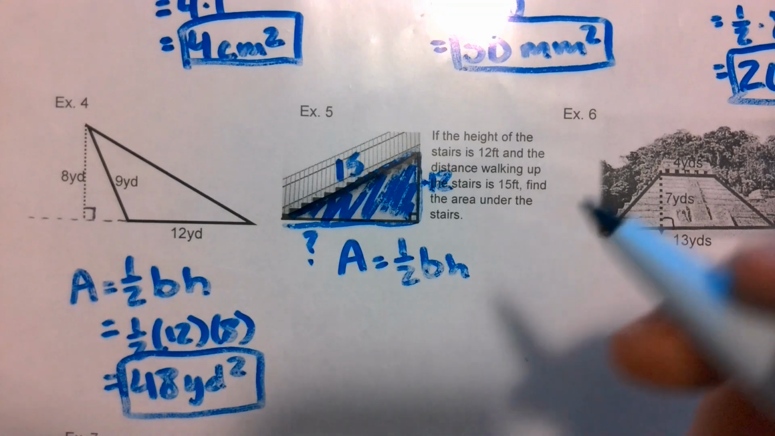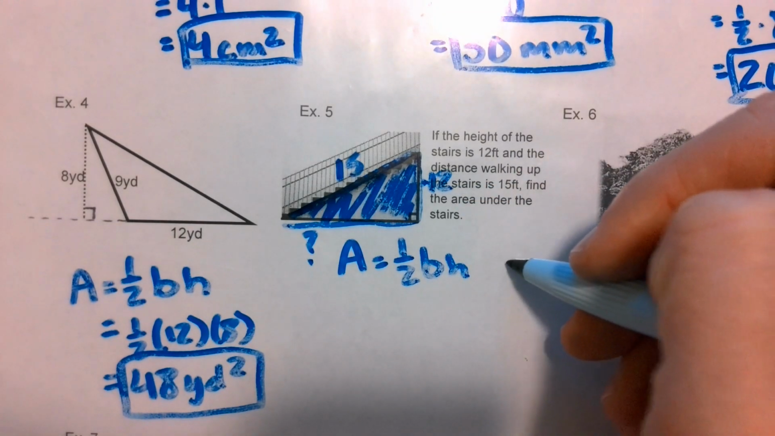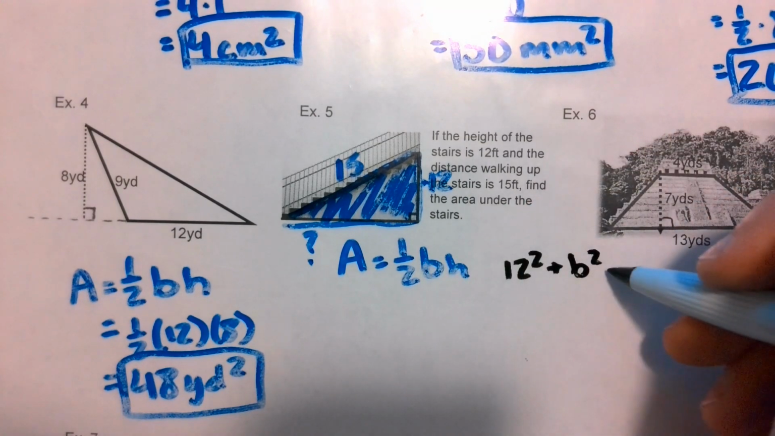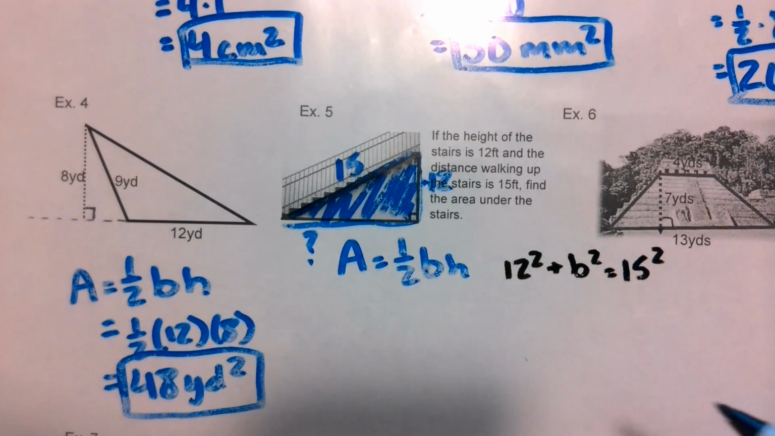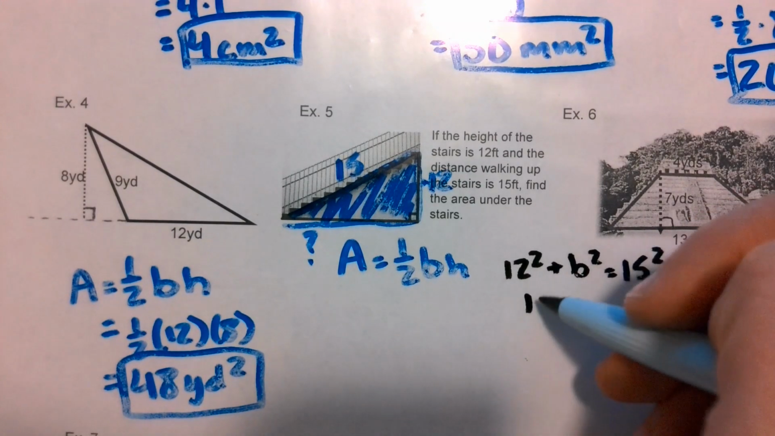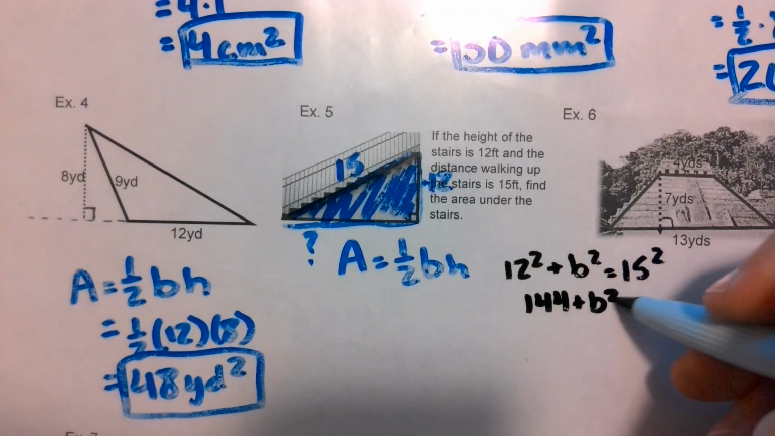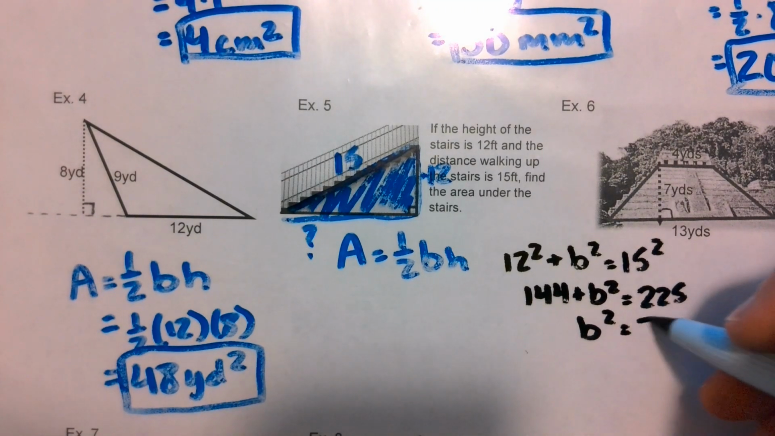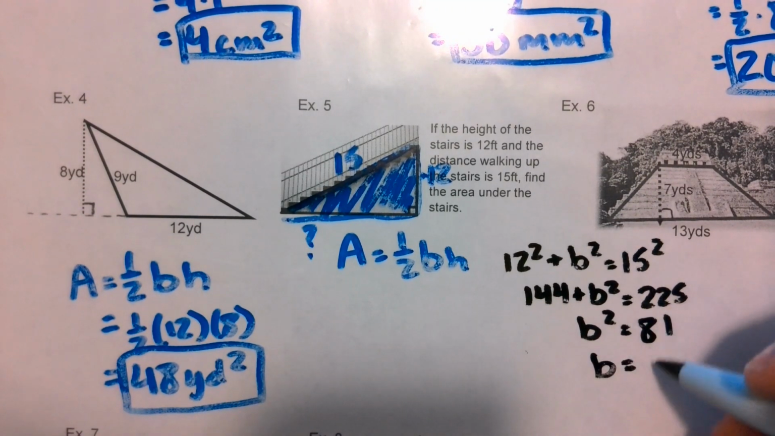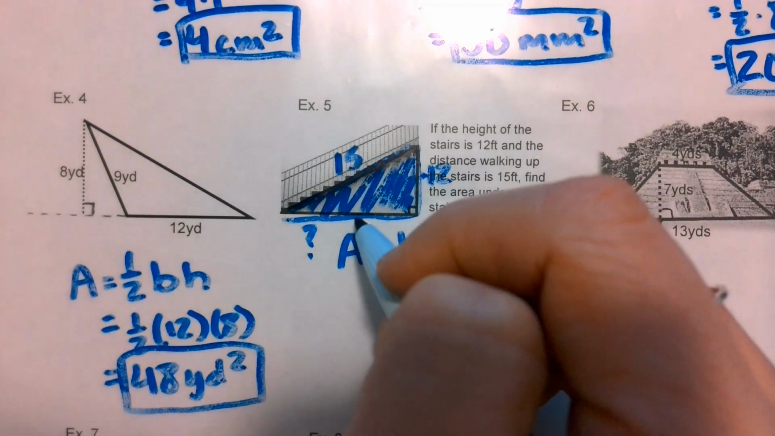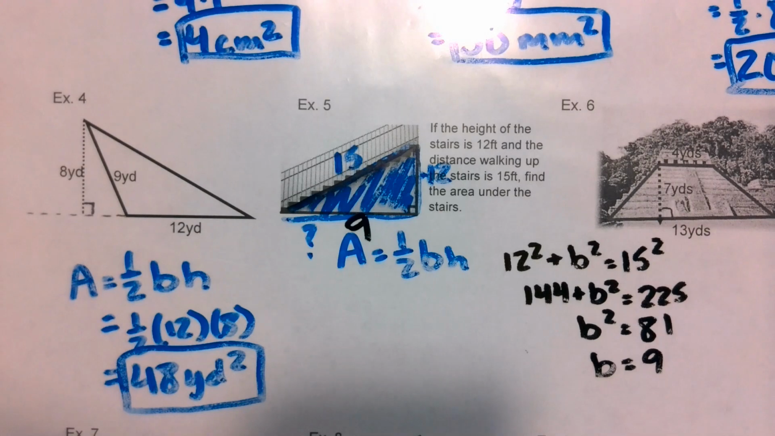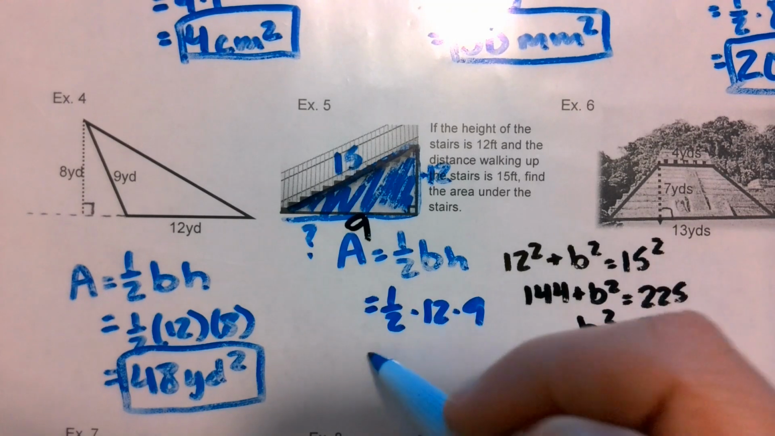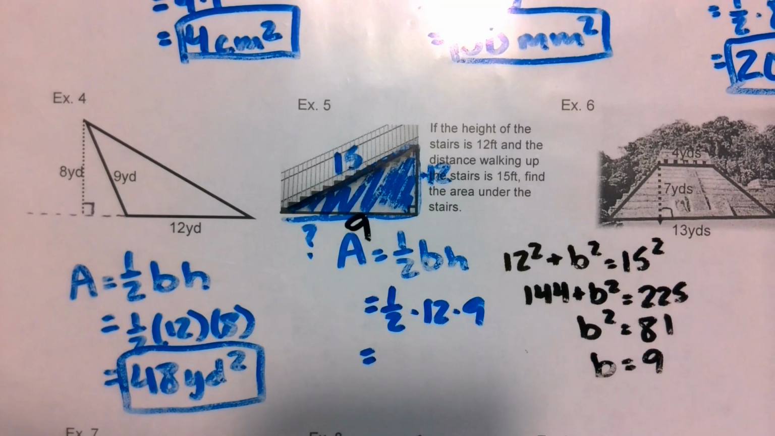I hope you said Pythagorean Theorem. So off to the side, I'm going to go ahead and have my 12 squared plus what I'm missing. So if you want to call it the base, you can. Or the height, it doesn't matter. So I've got my 12 squared plus my base squared equals 15 squared. And then solving for my base, I'm going to get that my base is 9. So my length here is 9, and now I can go ahead and find that my area is going to be 1/2 12 times 9, which is 54